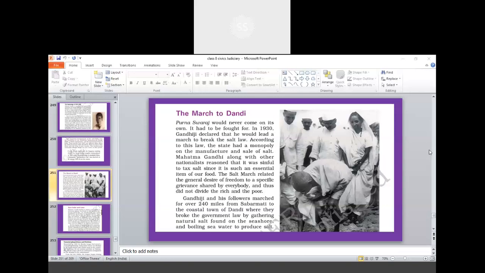Now, you know very well, salt is one such commodity which is used every day by every person, be it rich or poor, irrespective of economic background. Salt is used by everybody. So Gandhiji felt that since salt is very closely associated with the emotions of Indians,